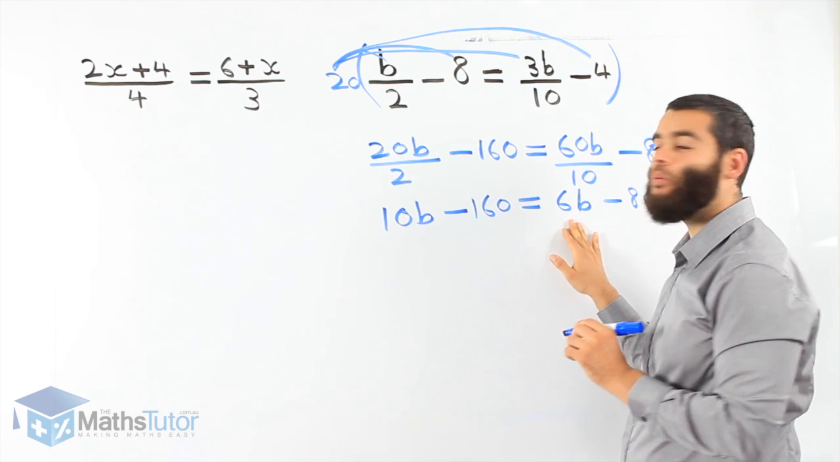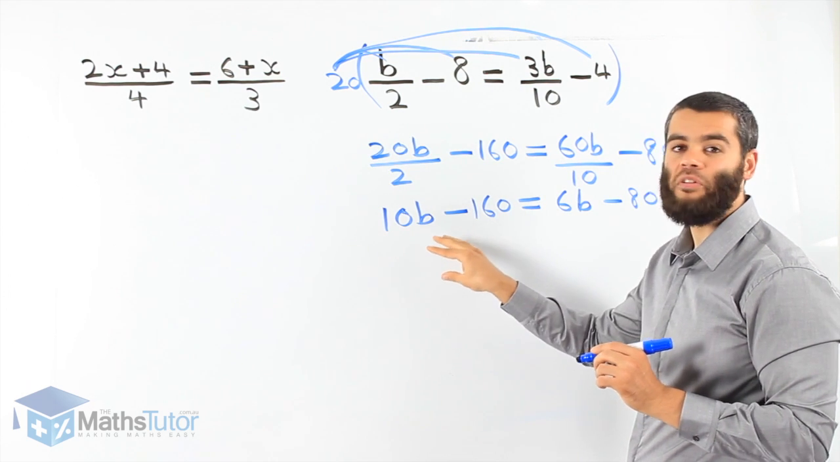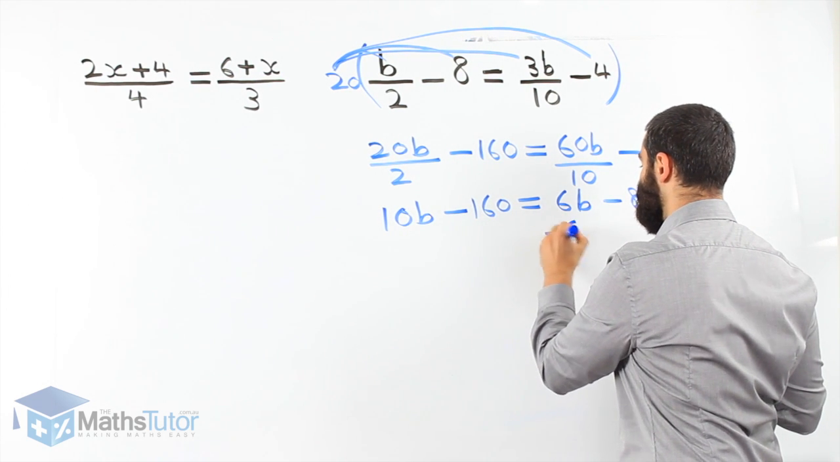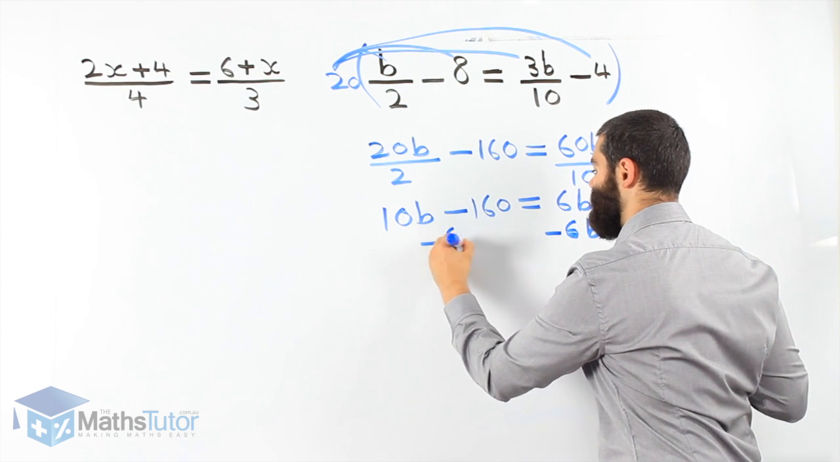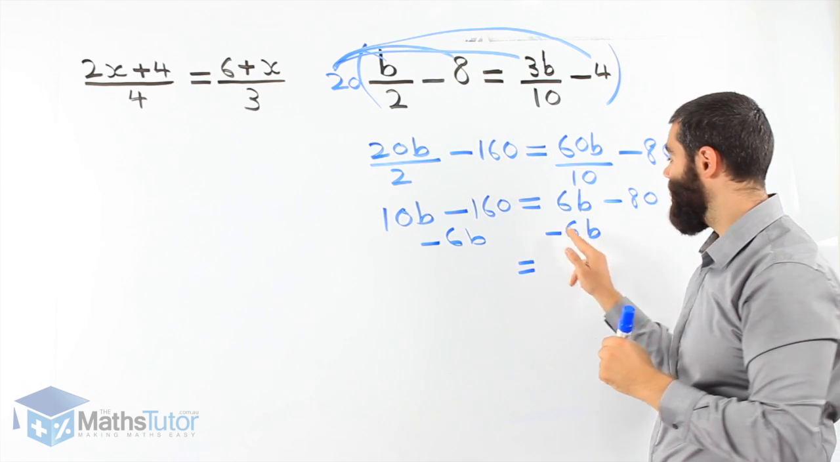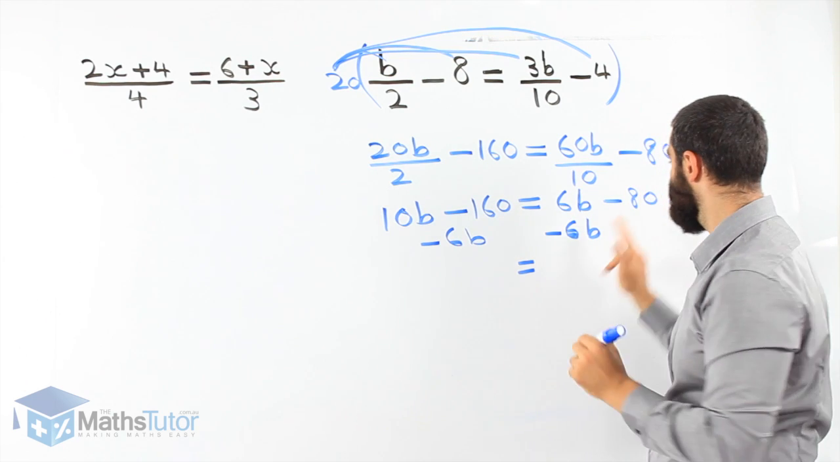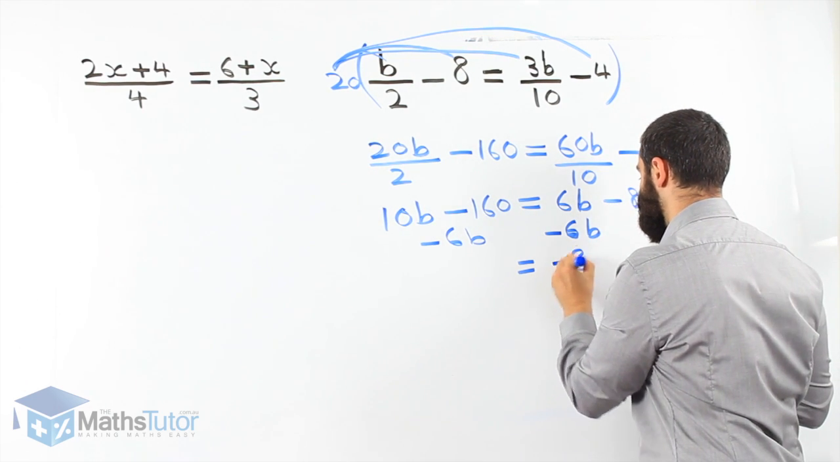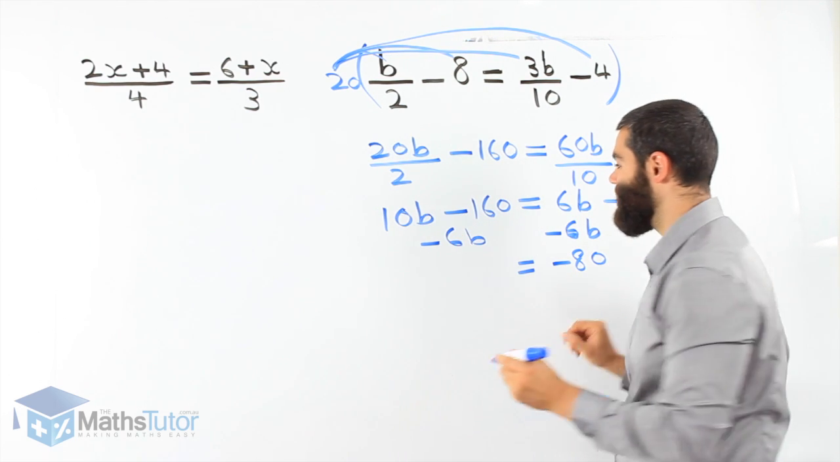6b on this side, we don't want it here. We want to move it, basically eliminate it, so all pronumerals on this side. So minus 6b from here and minus 6b from there. Because it's positive 6b, minus 6b will eliminate, all gone. 6b take away 6b is finished. We have minus 80. And 10b take away 6b is basically 4b